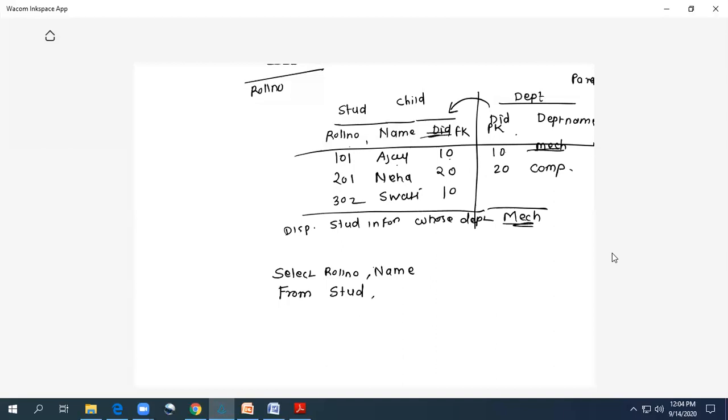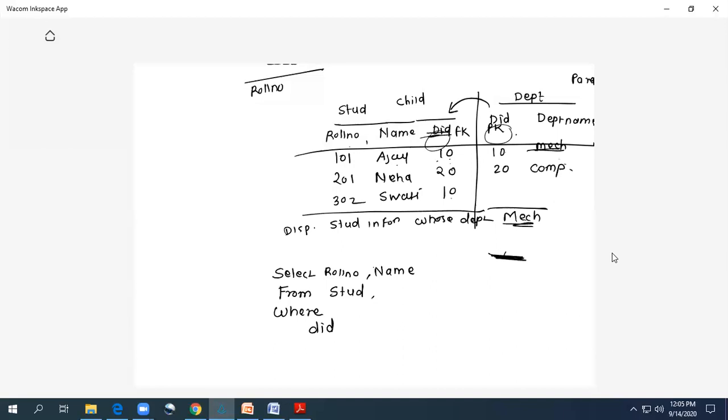So from student, now where? Now which students do you want to display, whose department name is mechanical, but the department name is not there in this student table. So how can you retrieve this data with the help of a subquery? See here, where department ID. Is there any field that will match in both the tables? Yes, department ID. Department ID exists in both tables. Department ID is the foreign key here and a primary key there. So definitely we can find the department name of the student with the help of department ID. So we can put the condition on the department ID.